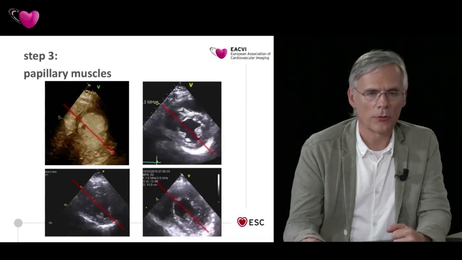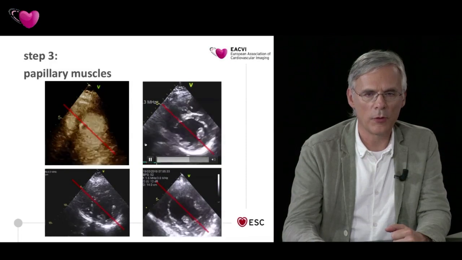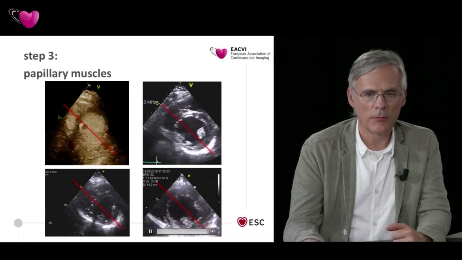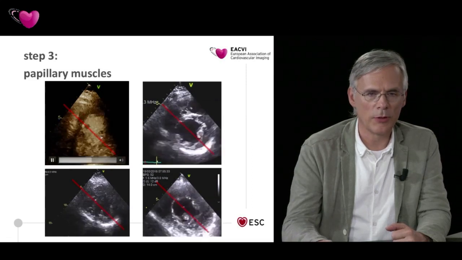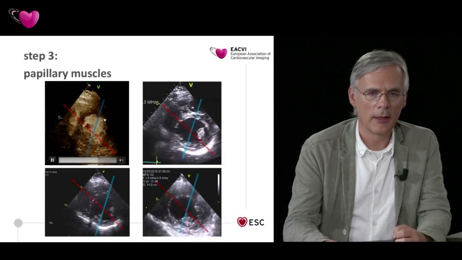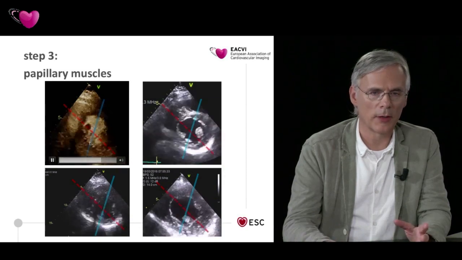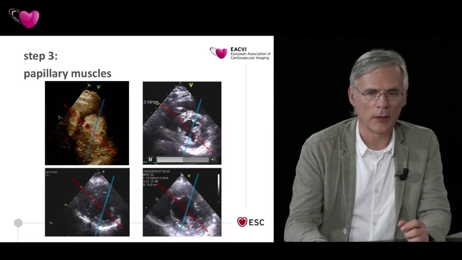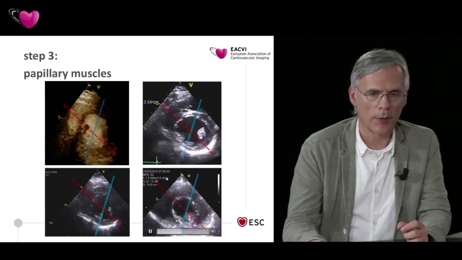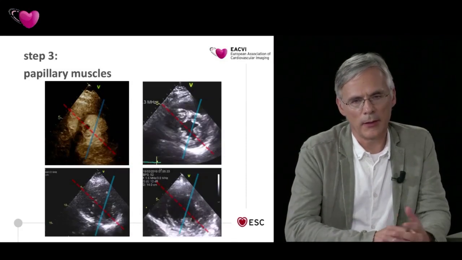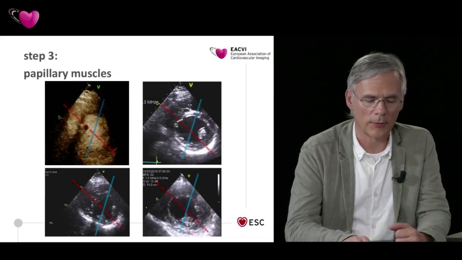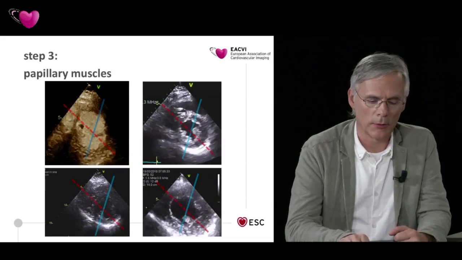This red line shows the scan plane of the four-chamber view, and it is obvious that we can exclude papillary muscles in this situation and maybe in this situation, but it will be difficult in this situation. And again, the two-chamber view here, the blue line, it is easy to exclude papillary muscles in this orientation, but here it is impossible to exclude the papillary muscle from the scan plane. So I think it's helpful to first look at the location of the papillary muscles and then to record the